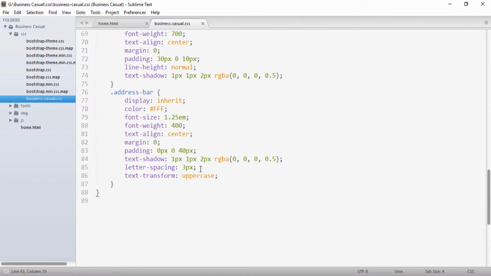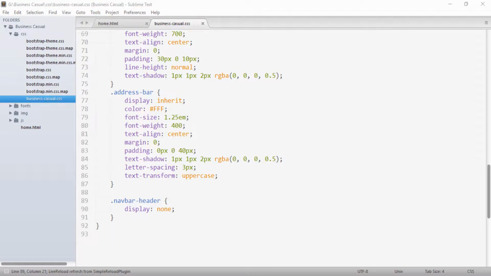Into this I will be adding a property, .navbar-header, and to this I will provide a property of display as none. What it does is, when the width of the browser is above 768 pixels, it will make this header disappear, and when it's less than 768 it will make it reappear.